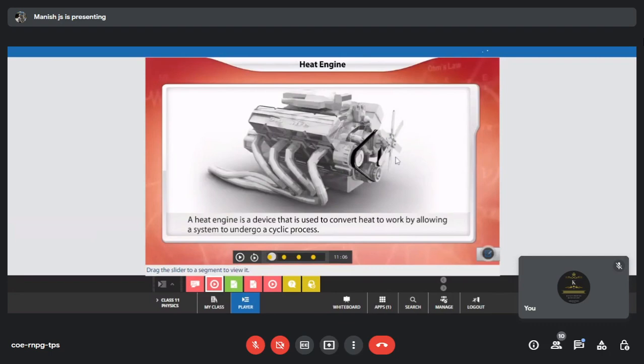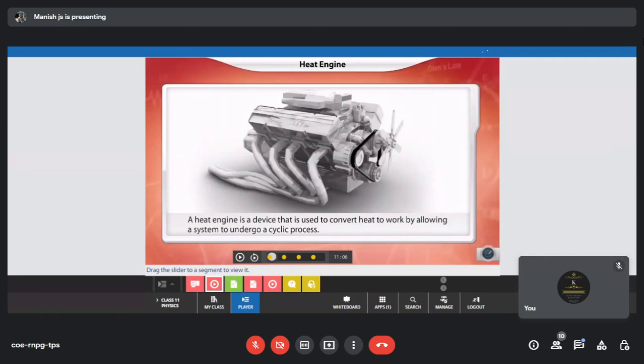So in the picture, they are showing you an engine. So it's a device, and in the device the heat is being converted to work. So heat, obviously, comes from combustion of fuel. If you take cars and automobiles, whatever fuel you give, it may be gas, CNG, or petrol, or diesel. Whatever fuel we use, you have a combustion chamber. In the combustion chamber, once an ignition spark is created, immediately the fuel undergoes combustion.